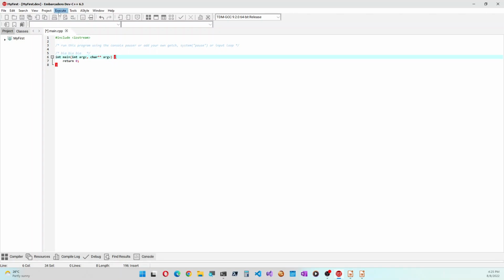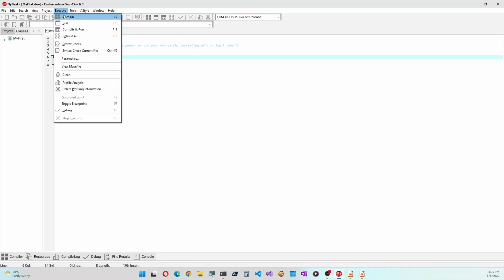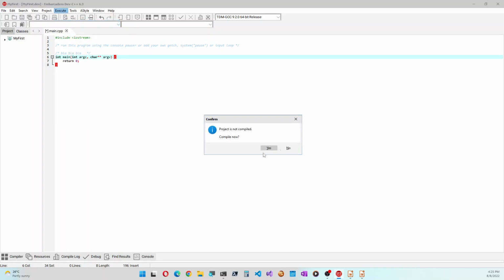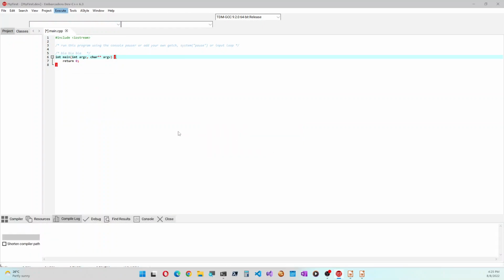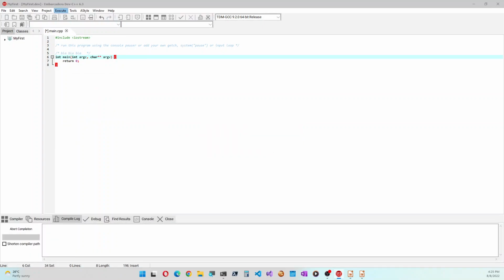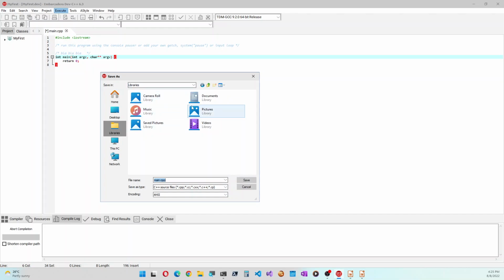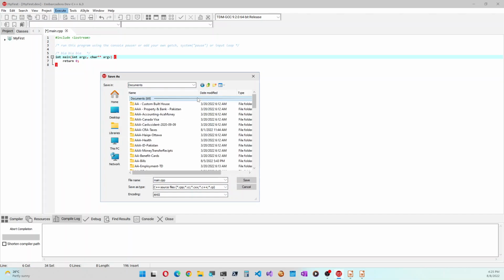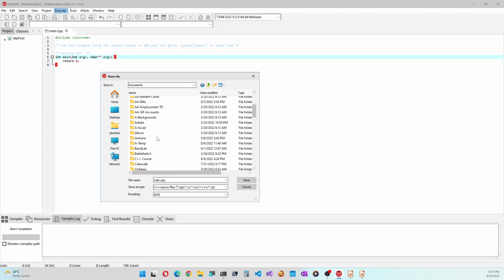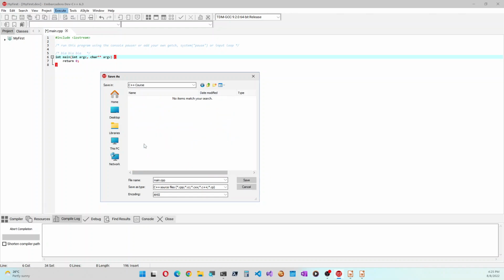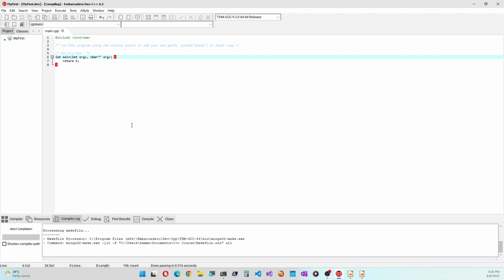So if I execute this program now, oh, I need to save it again. And save it in the same folder.